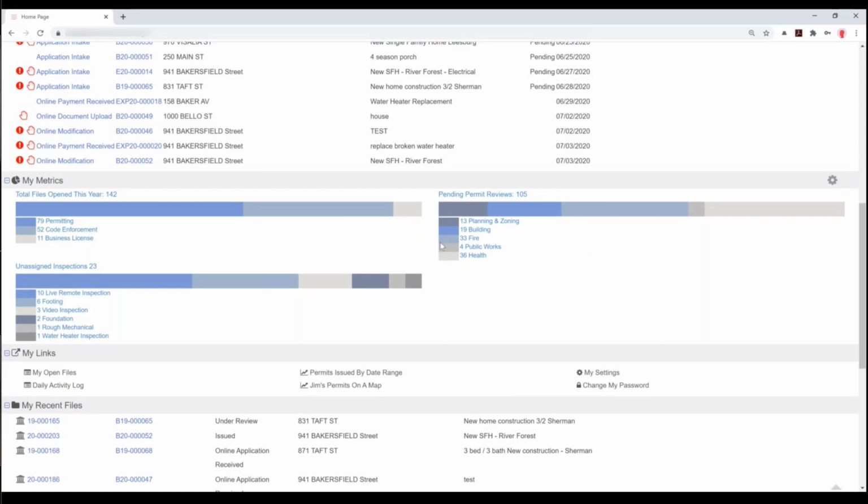So we also have metrics available. Metrics are in this section. They're these color bars. They are a graphical way to represent information about a process. So I'll point out this in the pending permit review. There is a link here. It says that there are 105 tasks. If I click on the link, it's going to pull up all 105 projects that are still in the pending